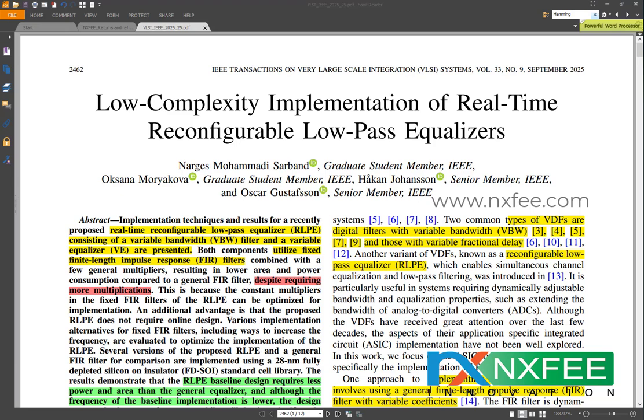low computational cost. In this work, a low complexity reconfigurable low pass equalizer architecture is proposed to filter chirp modulation signals in real time using a parameter controlled filter structure. The core method of this work is based on a variable bandwidth filter followed by a variable equalizer, where most filter coefficients are fixed and implemented using a shift and add architecture instead of general multipliers, thereby eliminating online redesign and